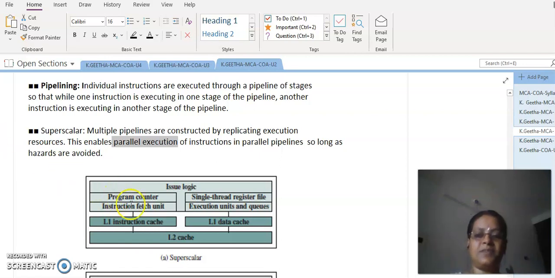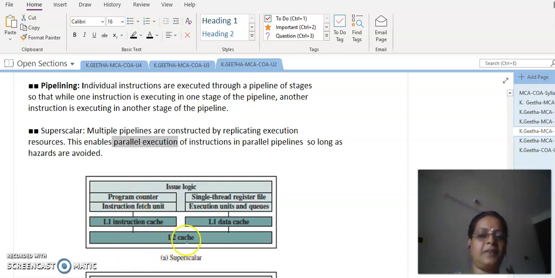Now, if you observe the superscalar structure, we have this L2 cache, and this cache itself can be split to provide two caches, one for maintaining the instructions, another for data. And if you have an instruction cache, the instruction fetch unit will keep fetching the instructions from the instruction cache with the help of the program counter. The program counter will be pointing to the instruction to be fetched, and with the help of that pointer, it will fetch the instruction and make it ready in the buffer. So this is one way.